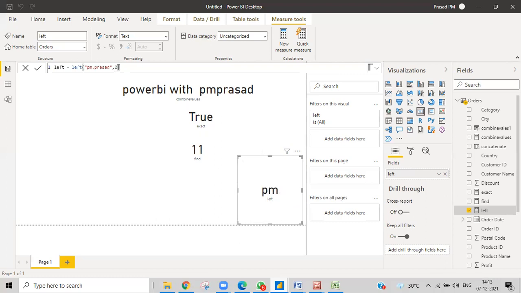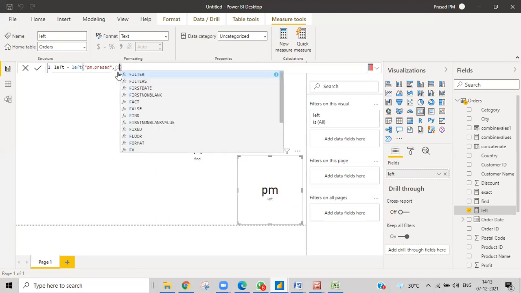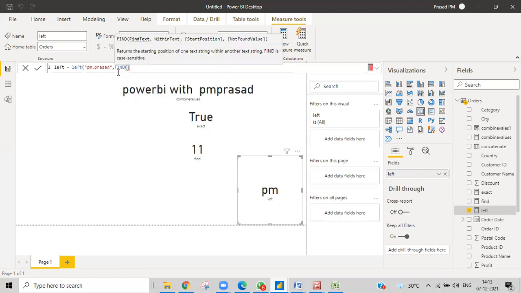So the same thing we'll do in a dynamic way. First of all, find the dot position. How to find the dot position? Use Find. What we need to find is the dot, and then the text in which we need to find it, PM dot M dot ERSI. That's it.